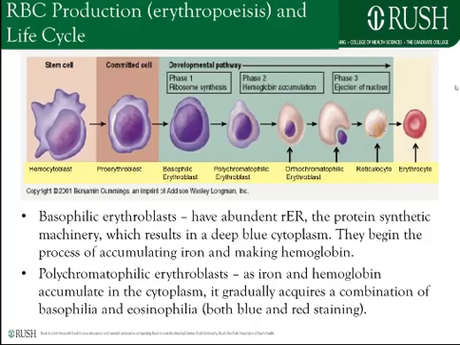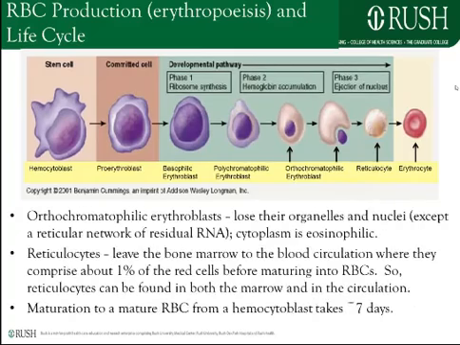So we've gotten to polychromatic erythroblasts. So what happens next? The next step in the process is you've made so much hemoglobin that the cytoplasm looks completely pink, basically the exact same color as the mature erythrocyte. Here it's shown in a dark red, but you know, typically when you're looking in bone marrow and you see those almost mature ones that are ready to be released from the bone marrow,